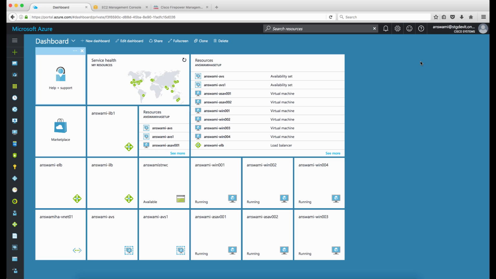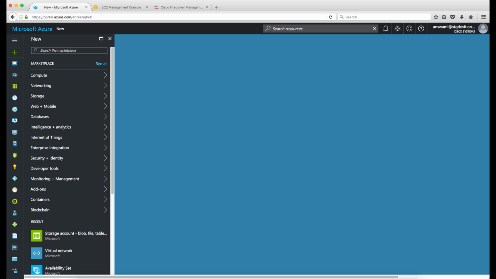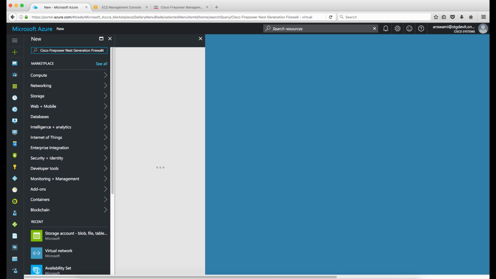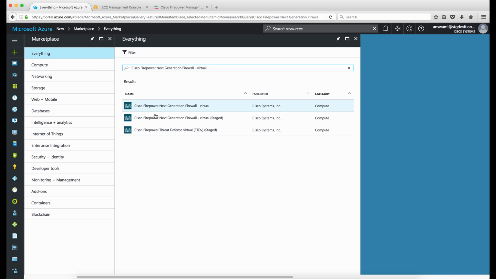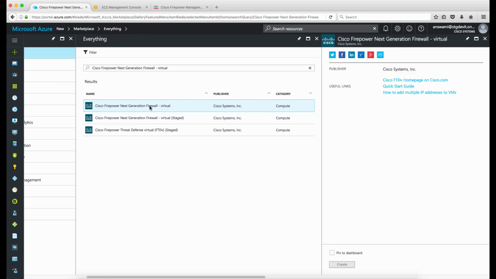Welcome back. I'm now connected to portal.azure.com, and I will show you how to install next generation firewall in Azure. So I'll just click new. I'll search for Cisco Firepower next generation firewall virtual. This is the marketplace listing for next generation firewall, which is known as Cisco Firepower next generation firewall virtual. So I'll click here,